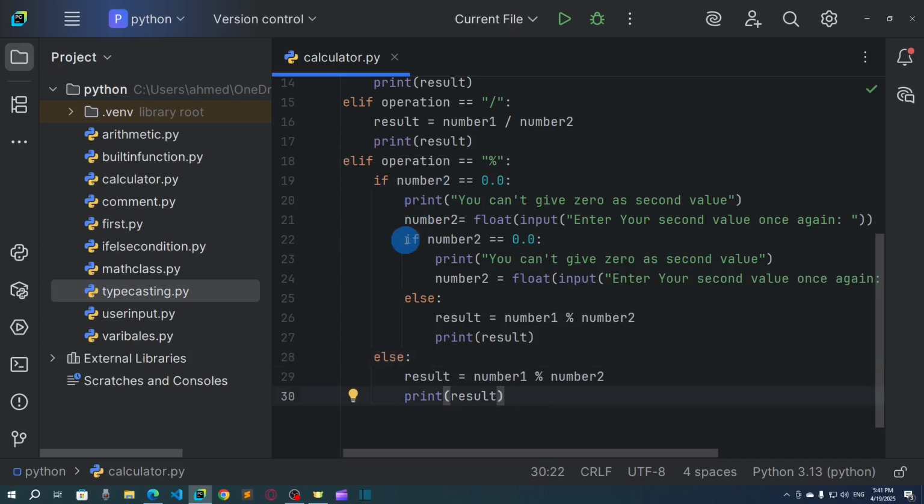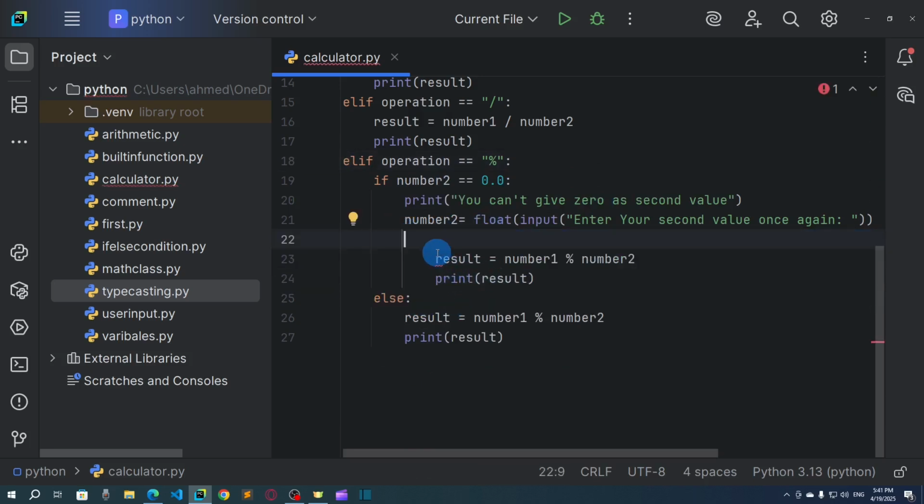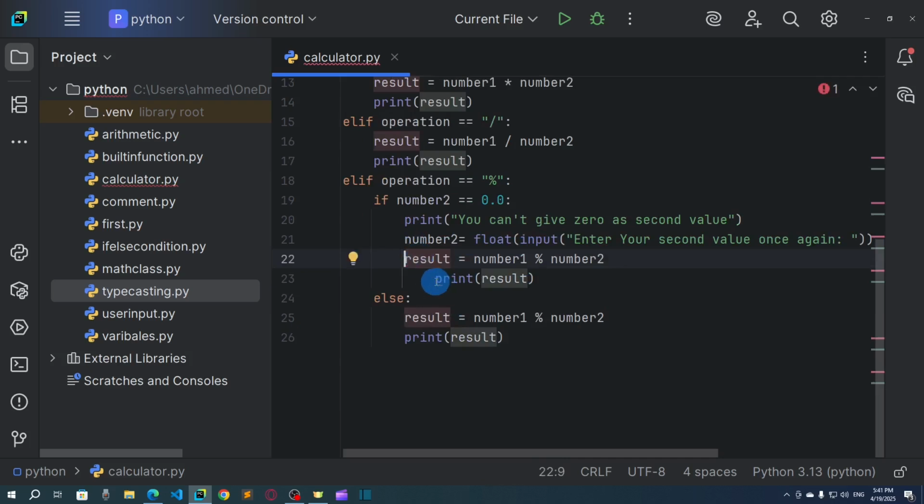If number is 2, then now go for the number 2. All right, now I'll say number 2 is equal to 0. You cannot give second value 0. Then number 2 will give input here once again, and result is equal to